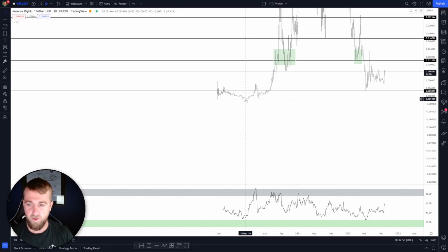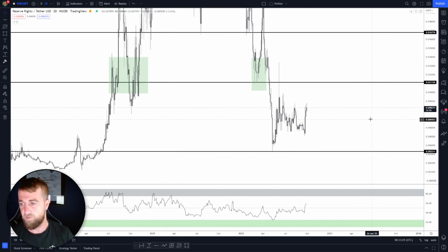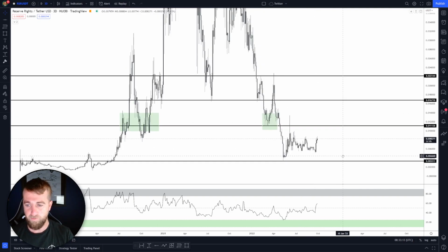I don't think it will, but you just never know. So if we did sweep the bottom of that move again down there at 0.001 cent, I think I'd be throwing everything at it, the kitchen sink. But let's hope this is the bottom. Let's hope that we are now forming what you would consider the foundations of the bottom, and then